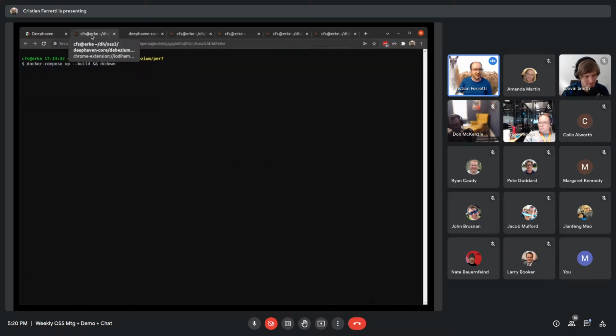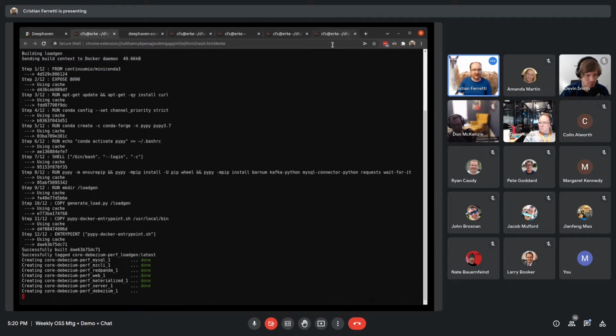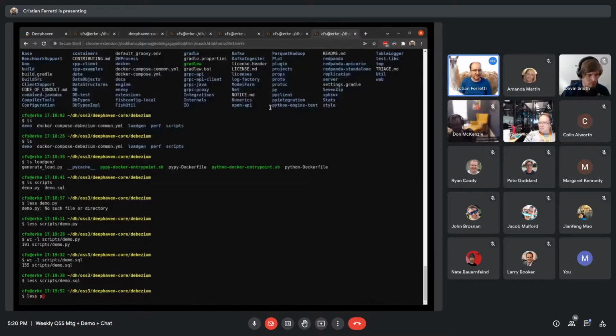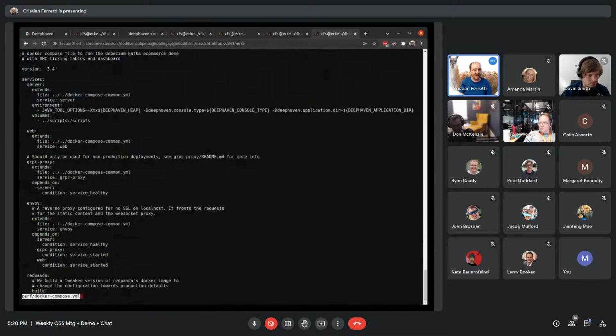Okay, so I'm just going to go to a different window, and I'm just going to start the Docker Compose here in the perf directory. While that starts, I'm going to give you a quick glimpse at what that Docker Compose file has. We have a couple of services, as you would expect. Deephaven itself is here, some Java options depending on the environment definitions, all the ancillary services that we need for Deephaven to work, your gRPC proxy, the web, Envoy, and then we have